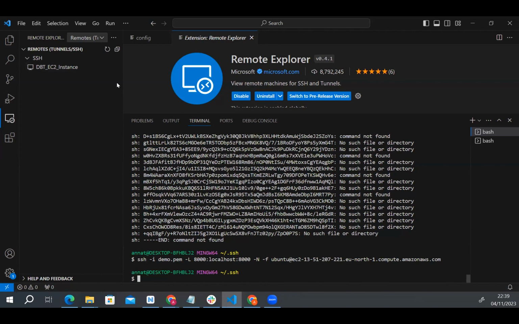Sorry, you're saying something? Is this not VS Code? This is VS Code, but there are two ways to connect. VS Code works on your terminal as well. So the terminal that you see is your own terminal right now, and you're running SSH commands not through VS Code extensions, just simply by terminal. So hopefully that makes sense. One way is to run the SSH command in the terminal. One way is to use Remote Explorer to connect to the EC2 instance. Two different ways. So what you're going to do is go to your SSH on the settings